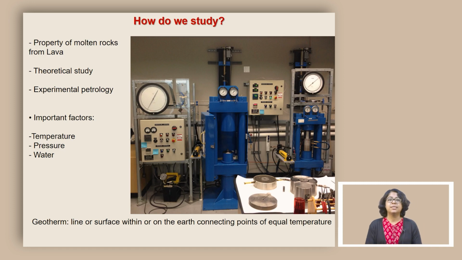And through these studies of experimental petrology, researchers understood that the major contributing factors in controlling the melting of rock are temperature, pressure and water. Using these factors, one can very reliably predict which rock will melt at what temperature, pressure and volatile or liquid contribution. Now, when we talk about temperature and pressure, we also have to understand that temperature and pressure are not